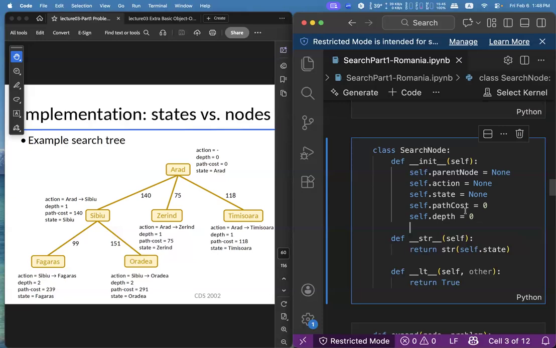But the search tree is another story. The search tree is a data structure to help us record the paths that we have explored so far. At the end of the day, we don't need to keep the whole search tree. We only need to keep the route that connects the initial state to the goal state. If you keep on searching and reach the goal state, then you are holding the node that is the goal state.